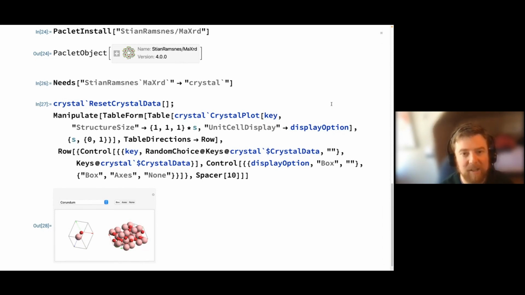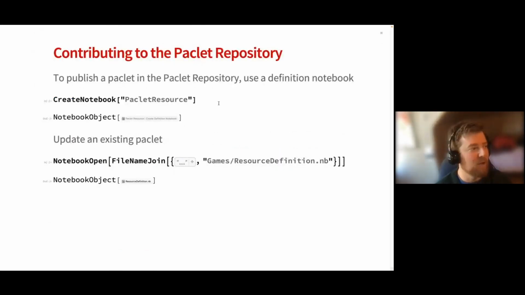So this is just a quick run through of the breadth of domains that are in the Paclet repository. How am I doing on time? Oh, okay. I used more time there than I thought. So I'm going to try to run real quickly through